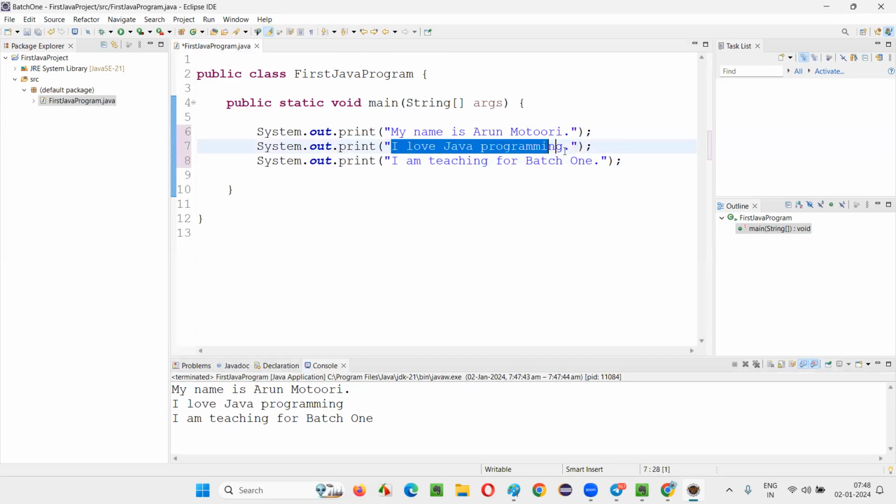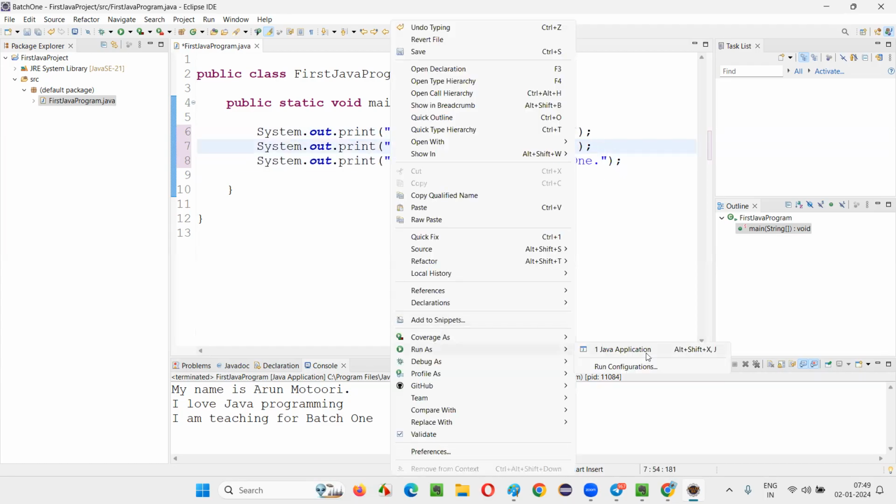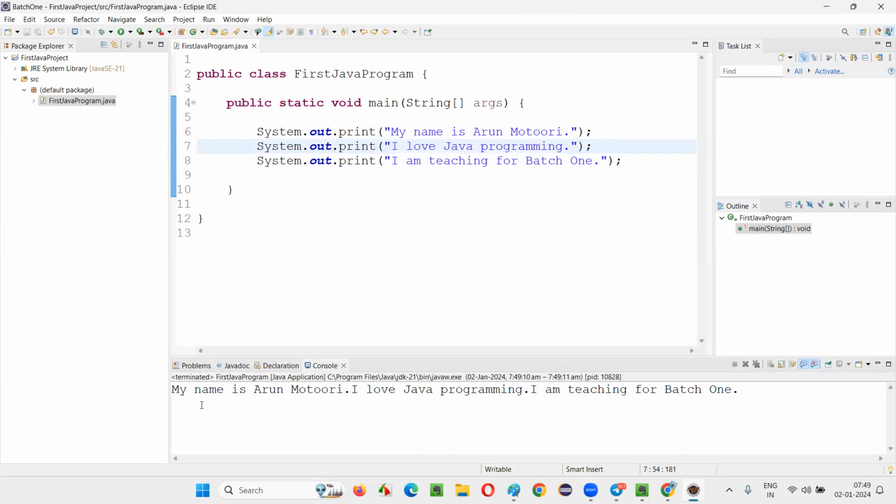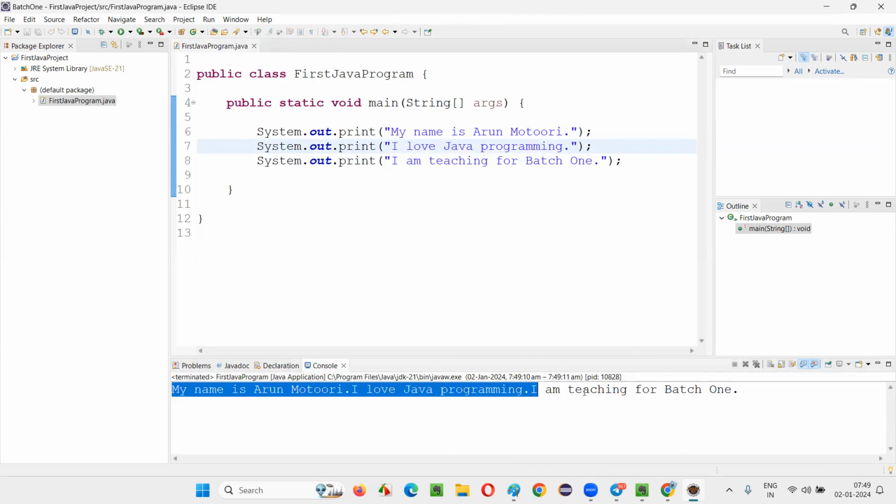No. I love Java programming also will be printed in the same line where my name is Arun Motori is printed. I am teaching for batch 1 also will be printed in the same line where these 2 statements got printed. Now run the code, you see, everything is printed in a single line. My name is Arun Motori. I love Java programming. I am teaching for batch 1. Everything is getting printed in the